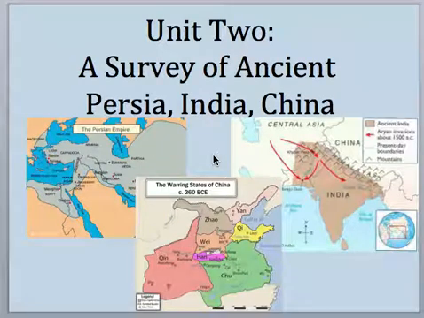Welcome to Unit 2, a survey of ancient Persia, India, and China. We will be discussing all of these cultures and the specific religions and beliefs within them during Unit 2. This course only has 6 lessons within Unit 2, and we're going to be doing a recording on each. Let's start with